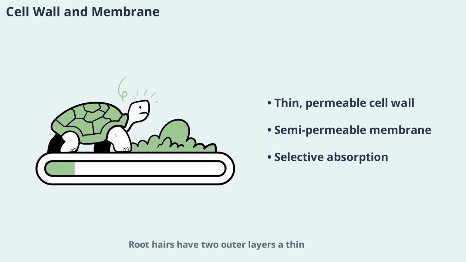Root hairs have two outer layers, a thin permeable cell wall and a semi-permeable cell membrane. The cell wall allows water and dissolved substances to move freely in and out, while the cell membrane selectively permits water molecules to pass through but restricts larger molecules. This selective permeability is crucial for the absorption of water from the soil, ensuring that only the necessary substances enter